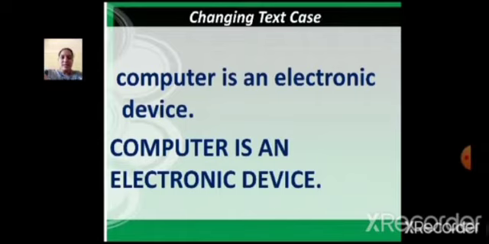Lowercase means all the letters are small letters. Uppercase is where we use all capital letters. We can type in the computer in lowercase or uppercase, or after typing you can also change the case of the text without retyping it again.